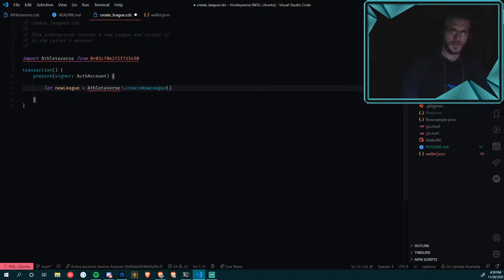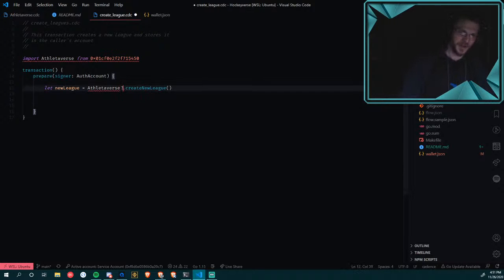I don't know which way I want to go. Force unwrap, I don't know if that'll work. Basically, what we're gonna do is execute this method if it has it, or call this method if it exists on this contract. I'm not really trying to get rid of the error message because I know that exists. The error message is gonna show up until I deploy, so that's all good. I'm just gonna go without.